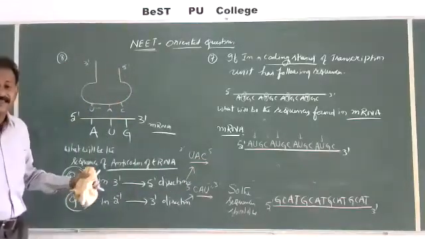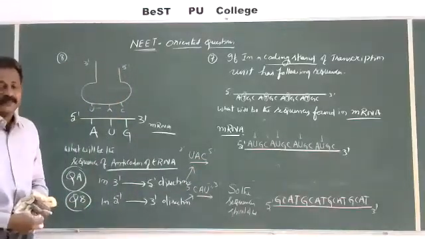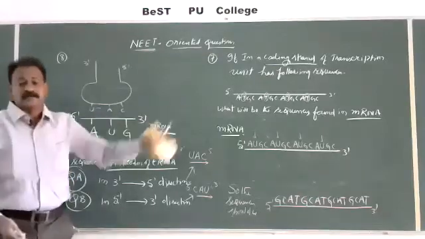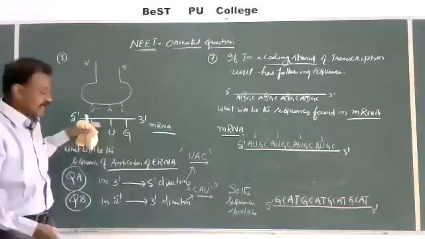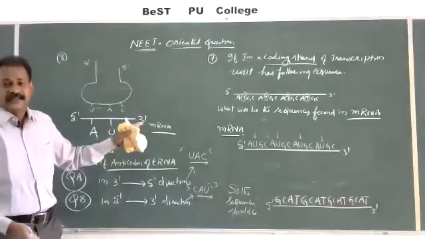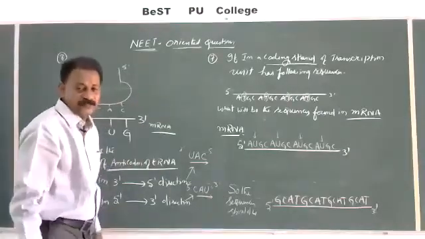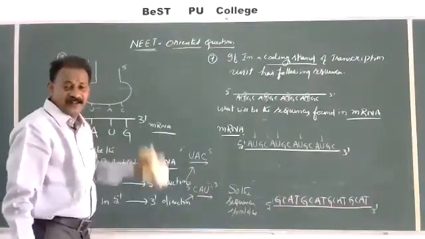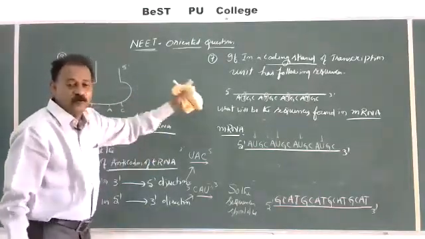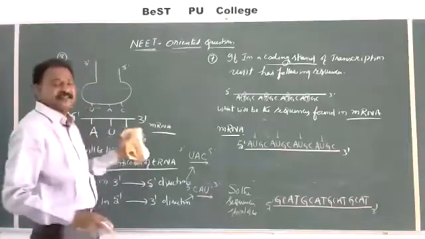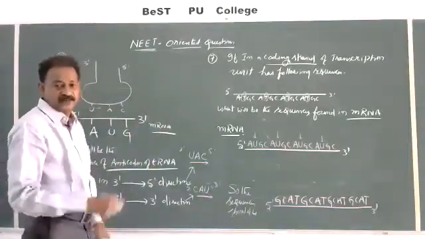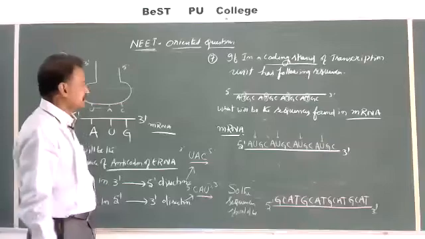So while answering this type of questions, they may give several codons on the mRNA, 4 or 5 codons, and suitable anticodons they will give for tRNA molecules. You have to identify which mRNA is having anticodon in numbers. They have asked these questions previously in the previous NEET examinations, AIPMT examinations.